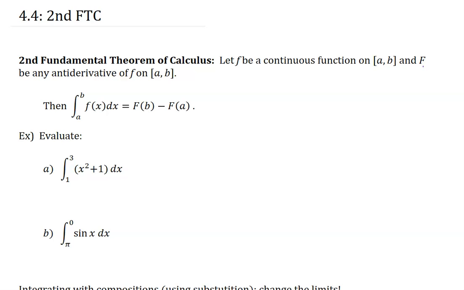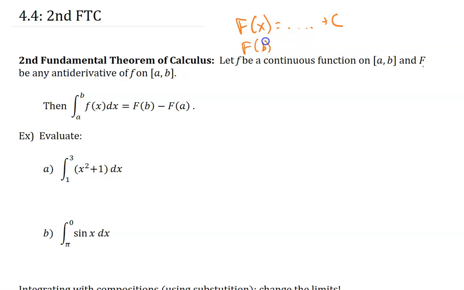One thing I want to mention that can help this theorem be a little bit more accessible that was not in the video is if you think about what we know about antiderivative functions, we know that an antiderivative function has a plus c at the end, but these don't have any plus c's in them. One way to help that make sense is if you think about an antiderivative function of lowercase f of x, that antiderivative is going to be capital F of x, which is going to be something plus c. And if we're evaluating an antiderivative function at two different points and subtracting them, we're going to have